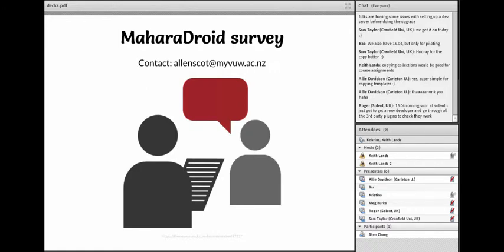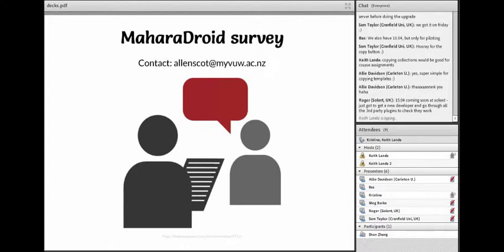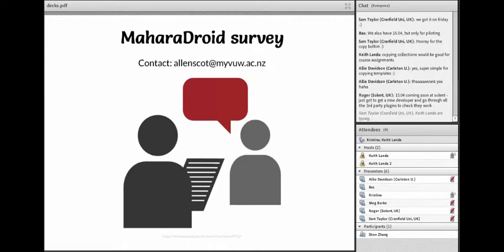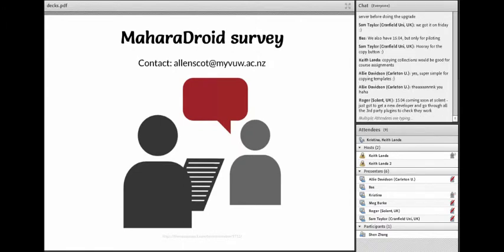So if you are interested in mobile apps in general, you don't necessarily have to be an Android user. So if you say, well, I want a mobile app for iOS as well, and you want to give your opinion, want to let us know what you would like to see of an app of Mahara, then please contact Scott so he can send you his questionnaire, or even have an online conversation about what you think should be in a mobile app, so that he has more research data to evaluate and then see what he can implement,